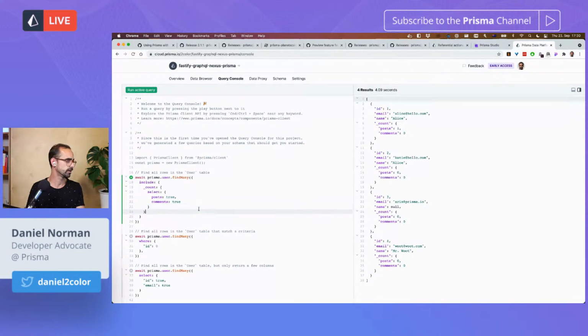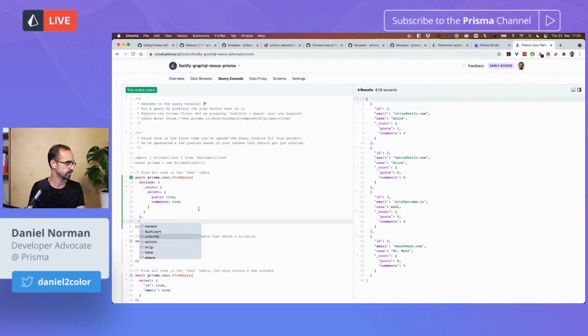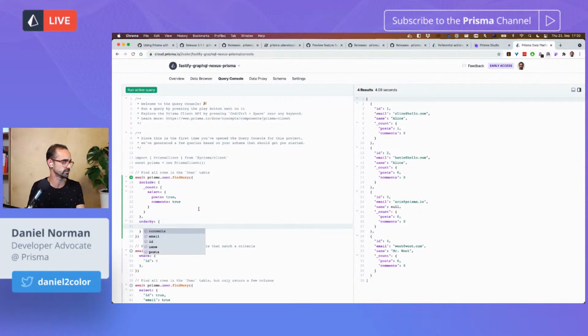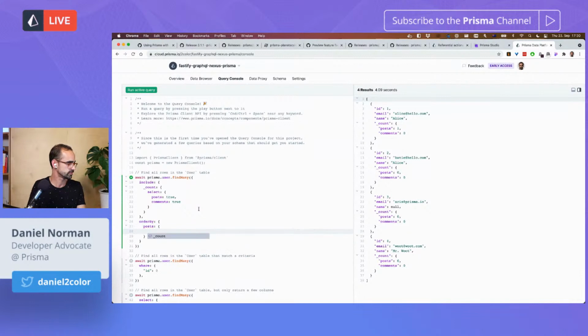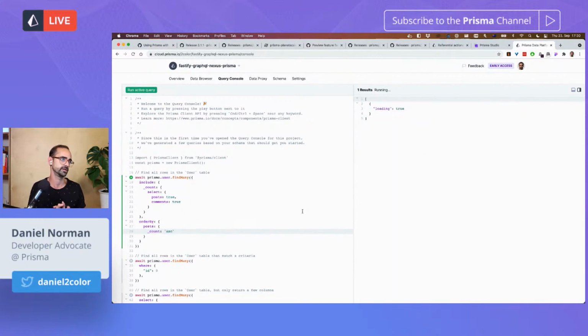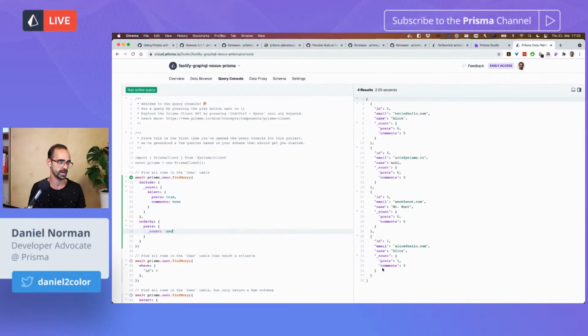We can also do something interesting here, just to show some of the querying functionality. So you can order it by posts, and we can actually order it by the count of posts. And so as we have it here, we expect to see the same results, unless I set it in ascending order. And let's see how that's, yeah, so there we go. We have the user with a single post at the end. And so that was ordering by relation count, and that was getting the relation count.